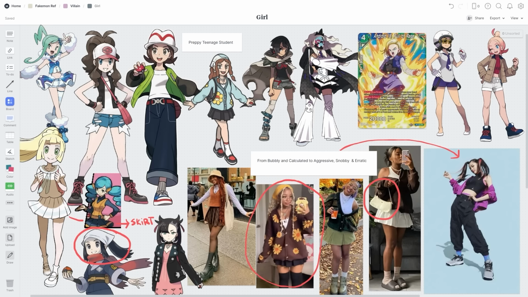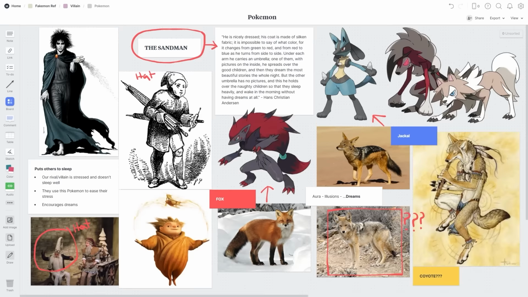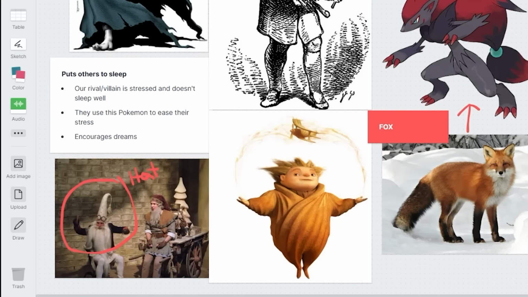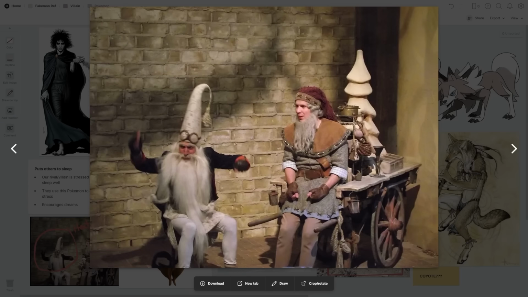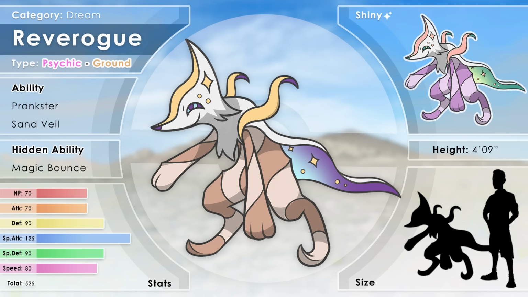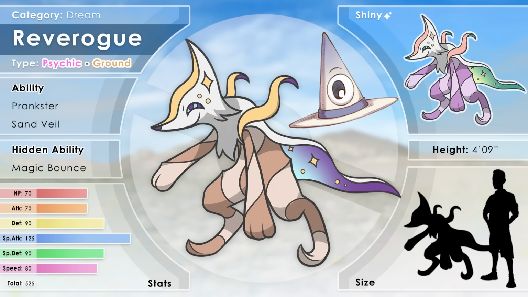And then the Pokemon is basically inspired by the Sandman, right? That's why it's ground. I'm very smart. So we have a fox, we have a jackal. I'm like, what would be the third canine? I guess coyote. Hold on. Zoom in, bottom left. What's that? That is just a play on the Sandman. Interesting. I love this. It's basically inspired by the Sandman, where you have a pointy hat. He has a what? Say that again.